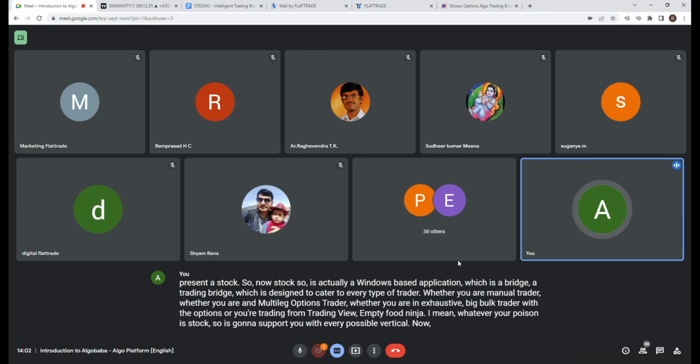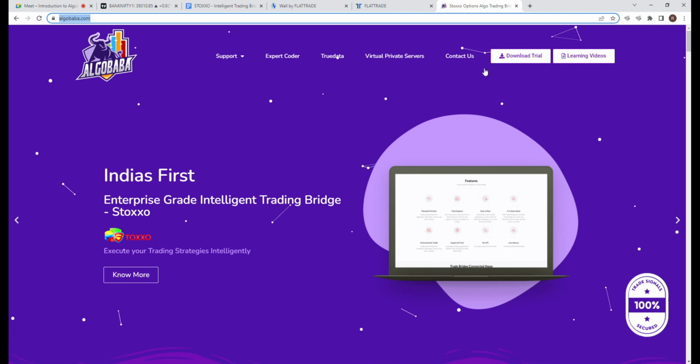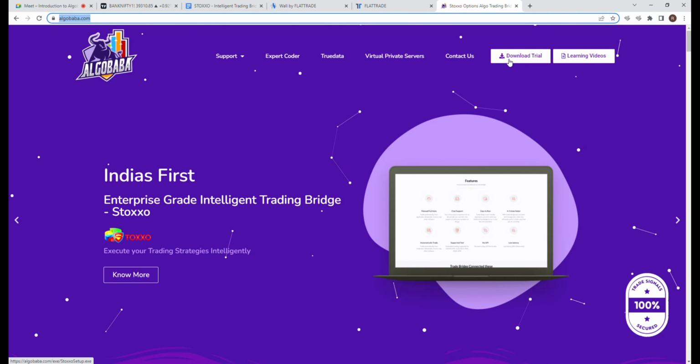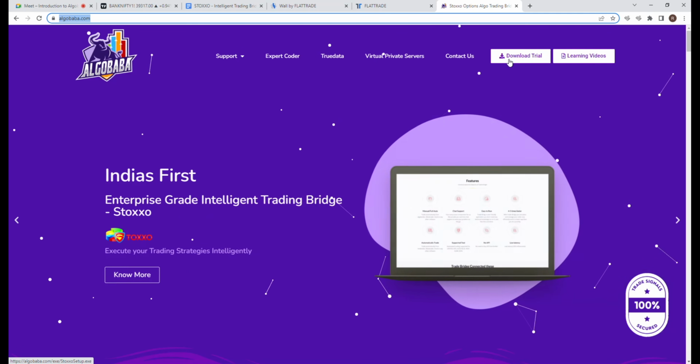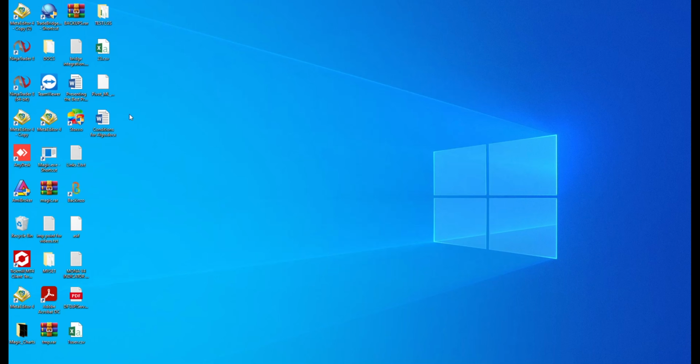Now, the first thing when it comes to Stoxxo is that you will have to go to the site algobaba.com, and you can click on download trial. The moment you do that, you will get a setup like this. All you have to do is run the setup, just as you would ordinarily with any Windows-based application, and you will get an icon like this on your desktop. Now, when you have it installed,